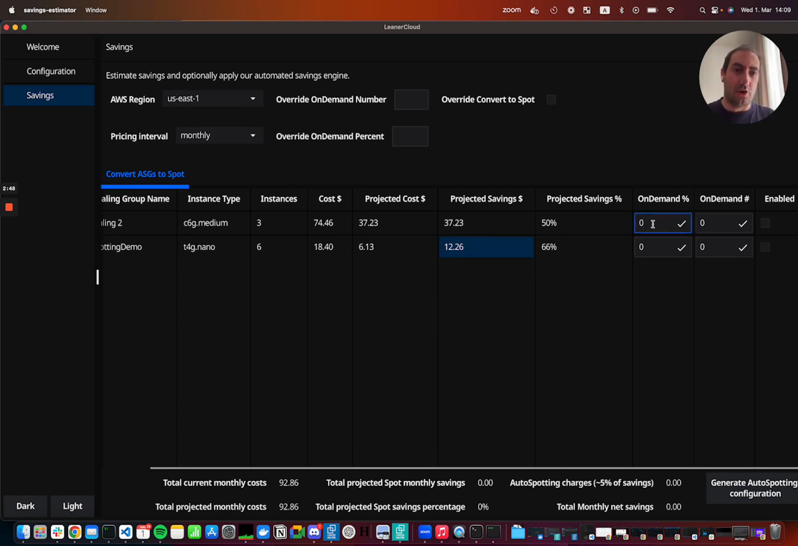But then if you decide to convert this group and the other group, it will show you the total savings and the percentage of the total savings. You can also set any sort of scenario, like: I don't want to convert all of this, let's just keep one of these instances as on demand, so I only convert 2 of them, and from these 6, let's keep